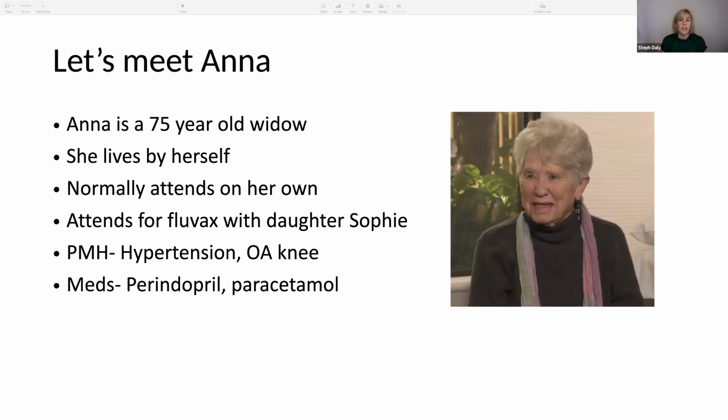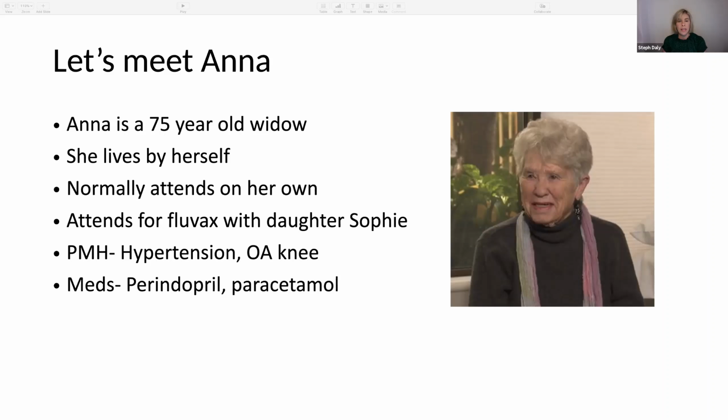During this consultation, the GP asks if it's possible to take a collateral history. And it is so important to take a collateral history from our patients, because you only get one side of the story if you ask just the patient themselves. And often it is the spouse or family who have noticed things that perhaps the patient may not be aware of. So when you're asking a collateral history, it's also very important that you gain consent to do that from the person who's attending the appointment.